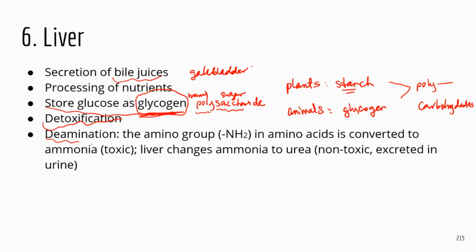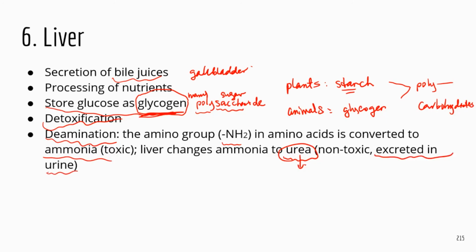All right. Next thing, I have seen a question on this. So liver performs deamination. What does it mean? Basically, it means it removes the amino group, which is NH2, from amino acids, right? That's just normal metabolism. You break down amino acids. But the problem is when deamination happens, the amino acid is converted to ammonia, and the ammonia is toxic. But no worries, the liver can further change ammonia to urea. Urea is non-toxic. And how do you get rid of urea? It's going to be taken up by kidneys and become part of the urine.